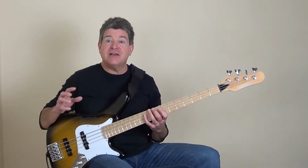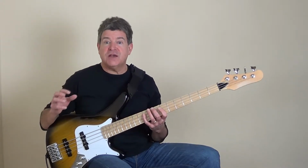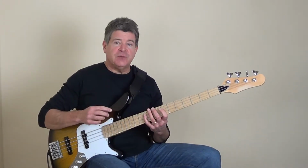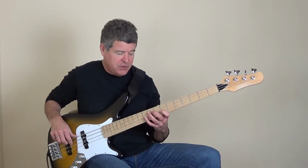You've got to learn the actual application of the notes and how they relate over the actual chord. So what happens here is that if I count this, I'm going 1, 2, 3, 4, 1, 2, 3, 4...